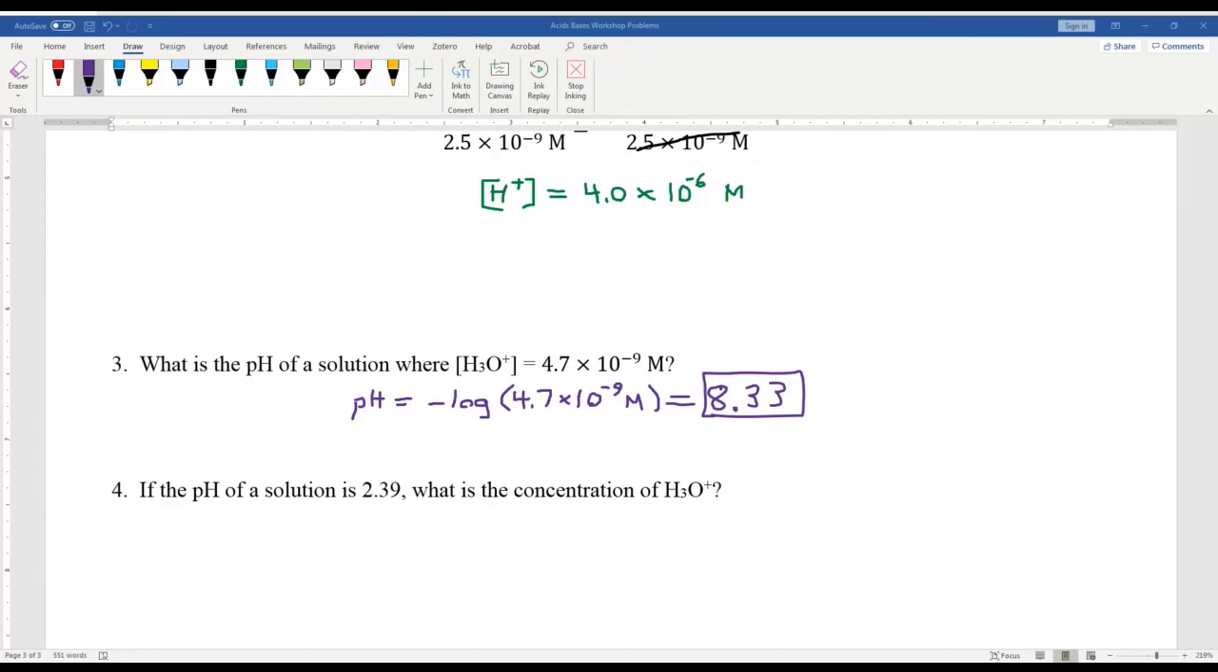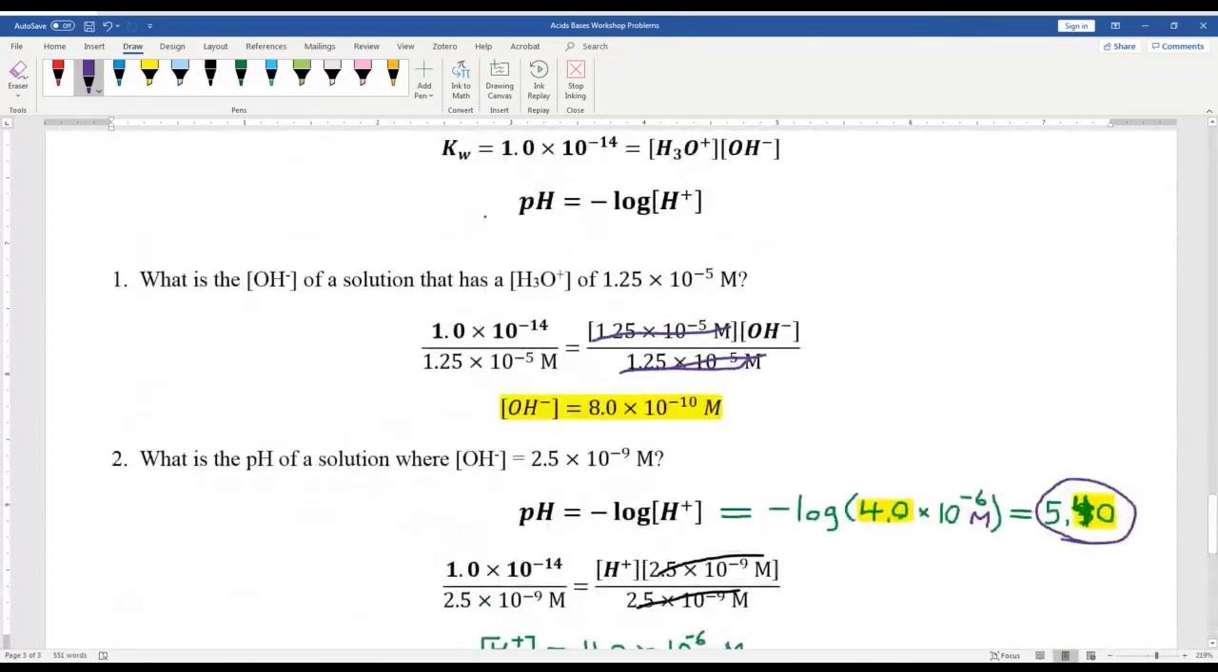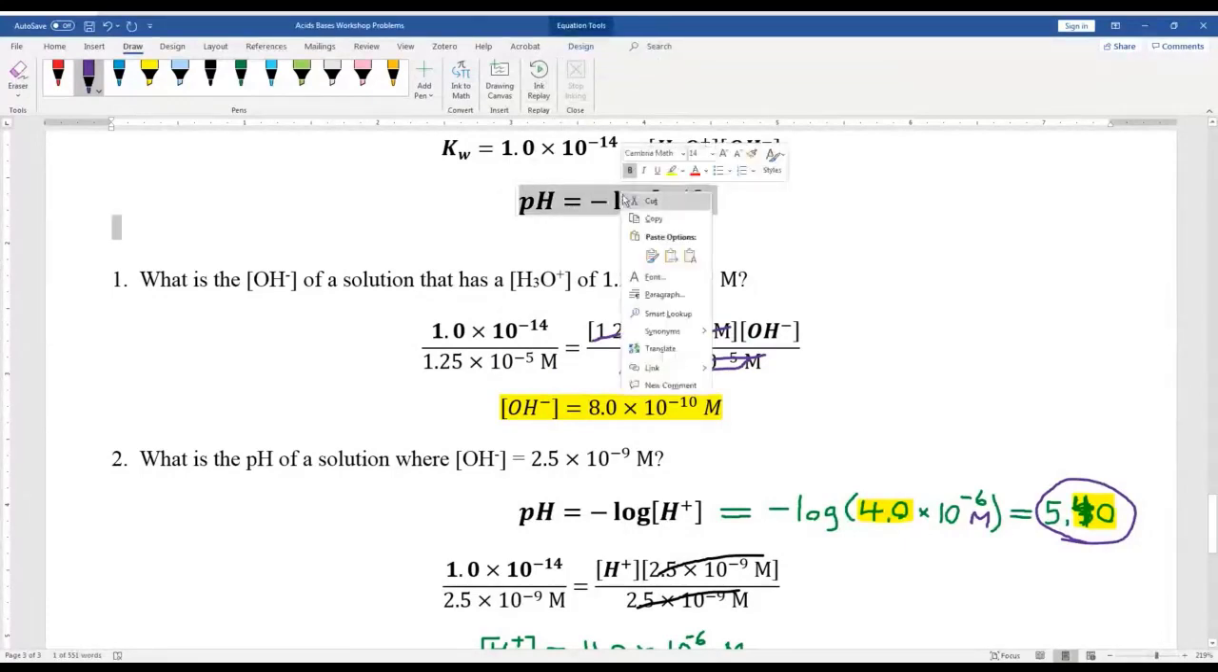But I do want to do one more. I do want to do this last one because it is a little bit tricky, especially if you're not used to logarithmic algebra. In this case, it gives you the pH and asks you to solve for the H3O plus. So here's what we're going to do. Once again, we are going to need to use this equation here,